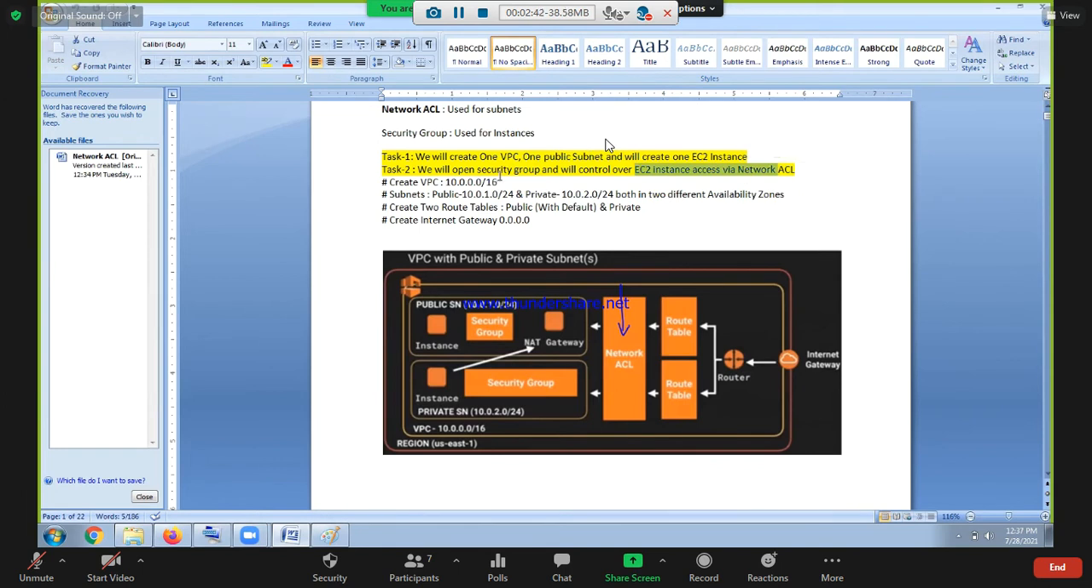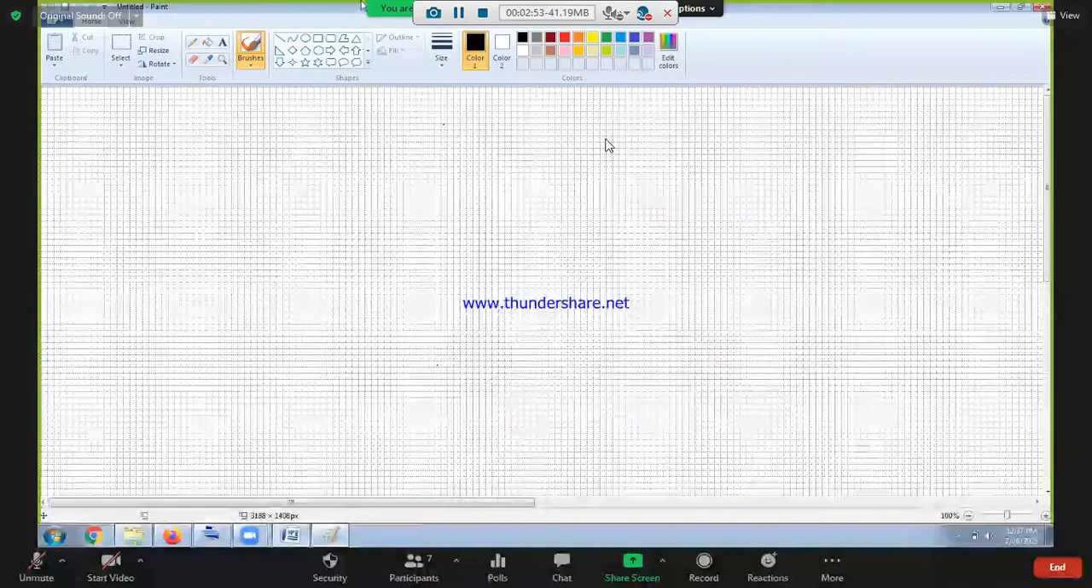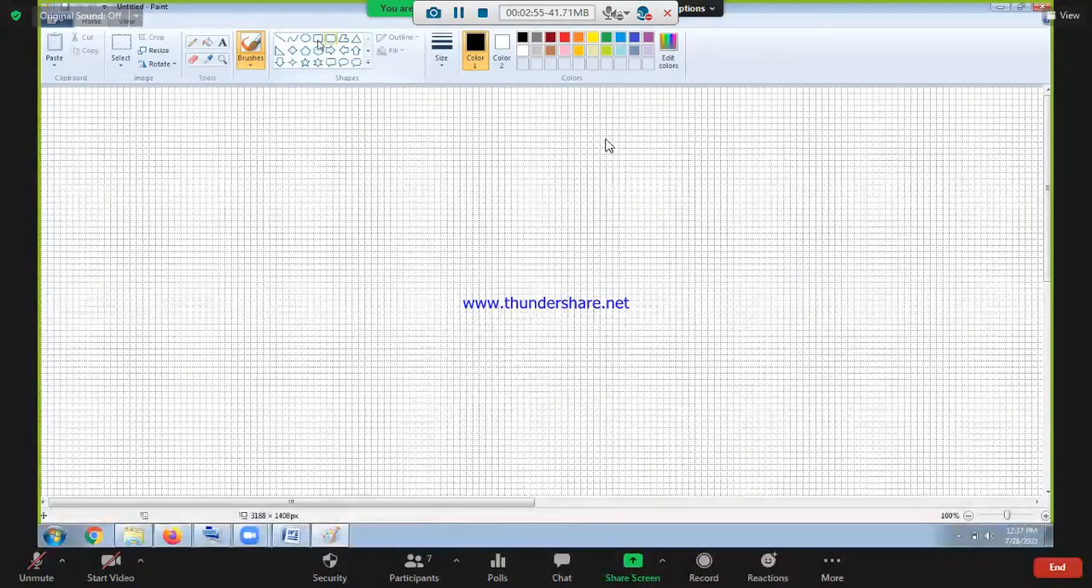And to prepare this lab again, I need to create the VPC, the routing table, the internet gateway, and those things. So let's look at it. What we are going to do first,